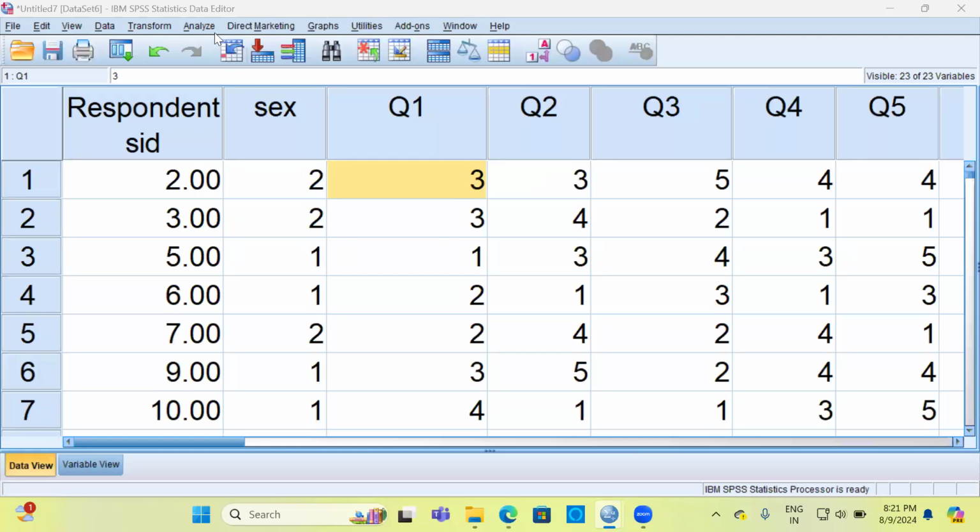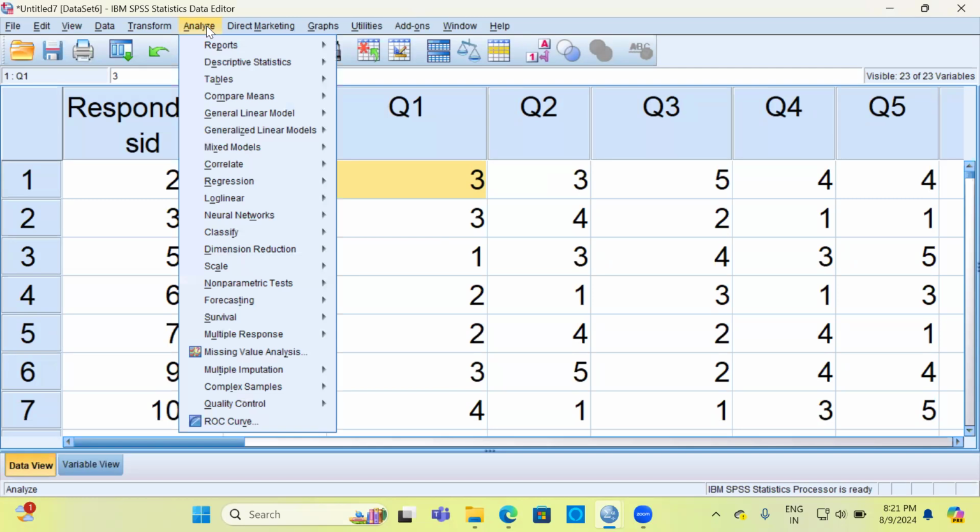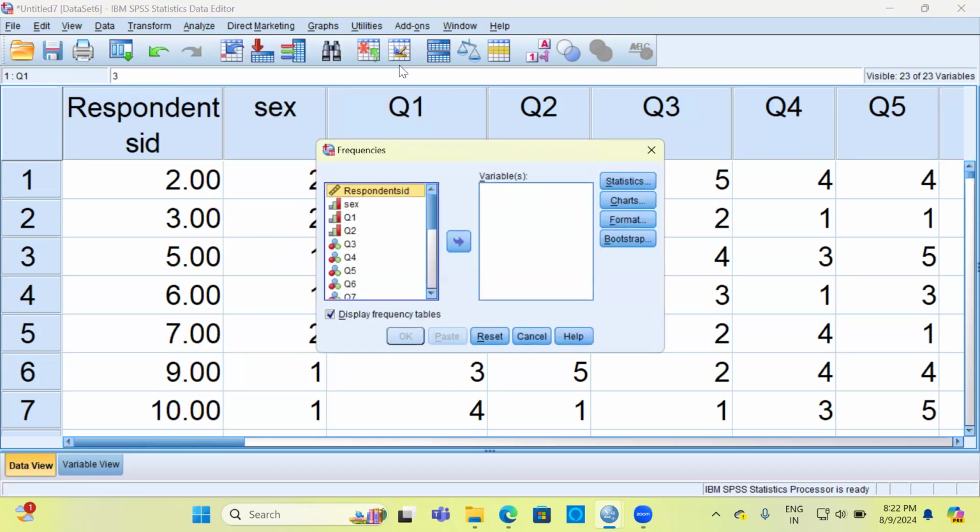You can go to the Analyze menu bar, choose the second option from the top, namely Descriptive Statistics. Under the Descriptive Statistics section, you can go ahead and select the Frequencies option. The moment you click on Frequencies, you can see a new dialog box, namely Frequencies. You can select the first question here. And once you select the first question, you can go ahead and